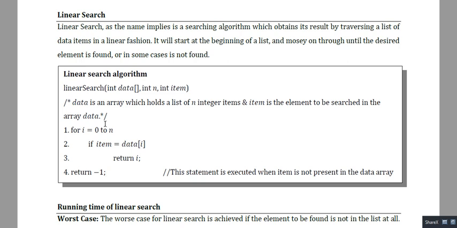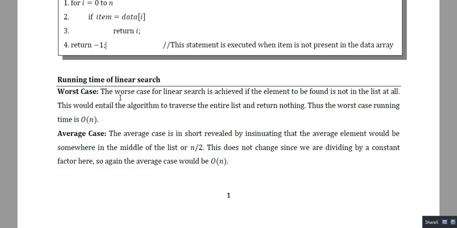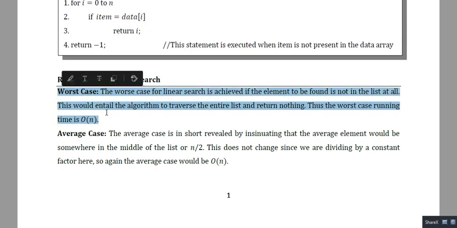Okay, so now I shall go through the time complexity, or the running time, of this linear search algorithm, right? Running time is very simple. In the worst case, the worst case running time of linear search occurs when the item we want to search for is not present in the list, or it is present at the last index of the list.